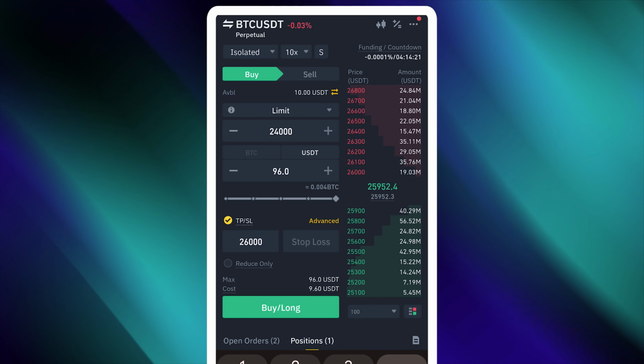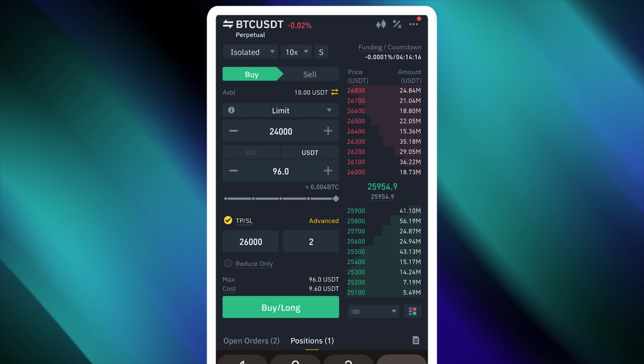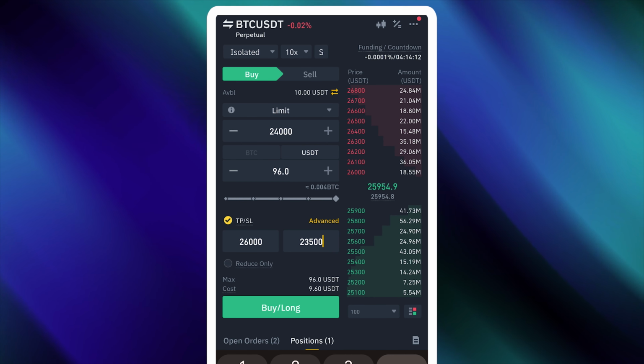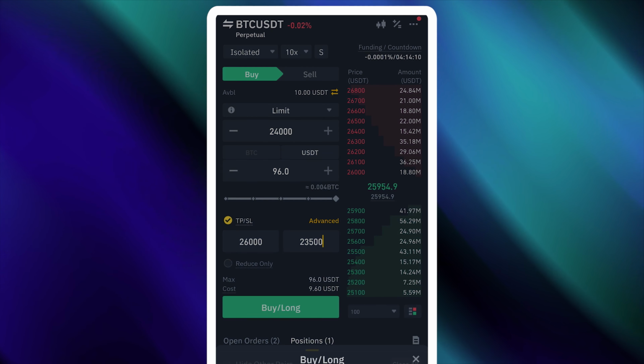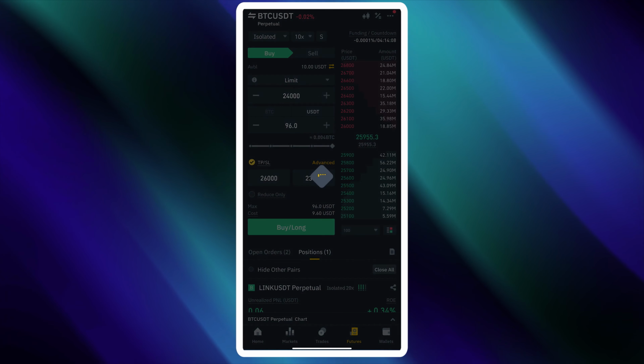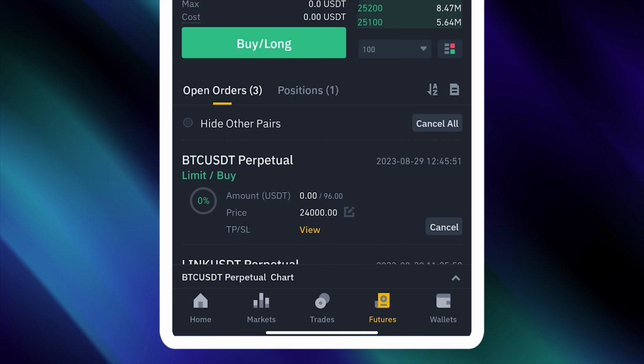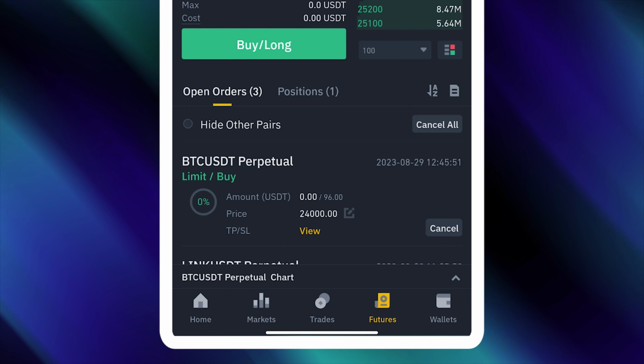And then if Bitcoin goes to $23,500, close this trade for me on loss. And then I'll go ahead and click on buy/long, and then I'll click on confirm. Once I do this, you can see right here that I have a trade which is showing under the open